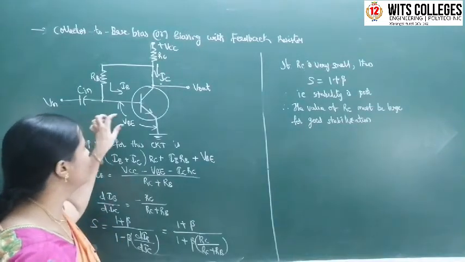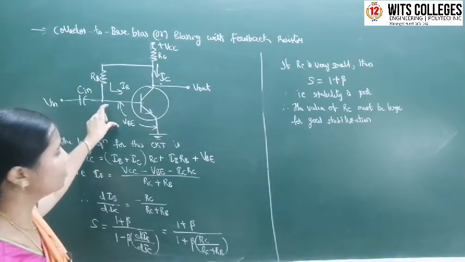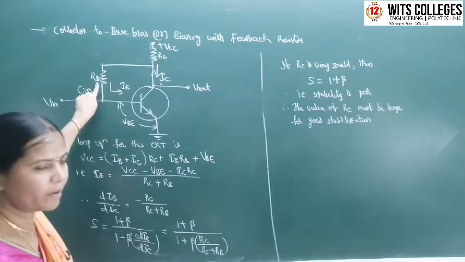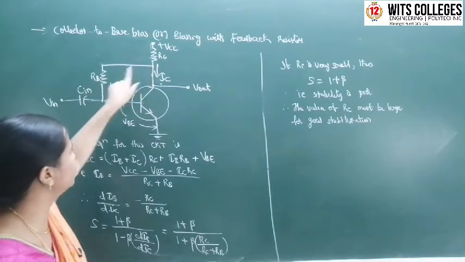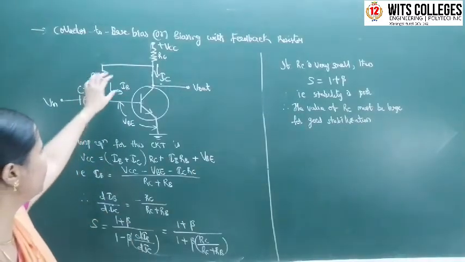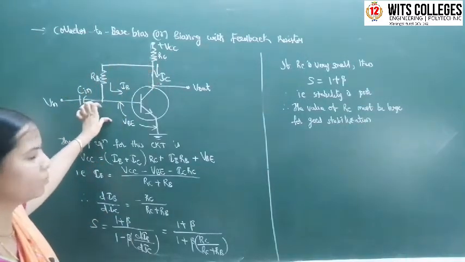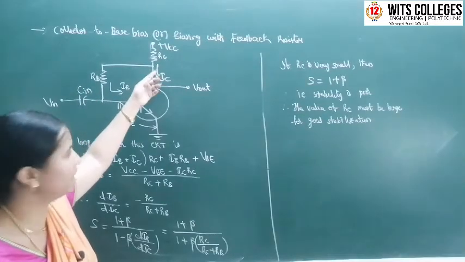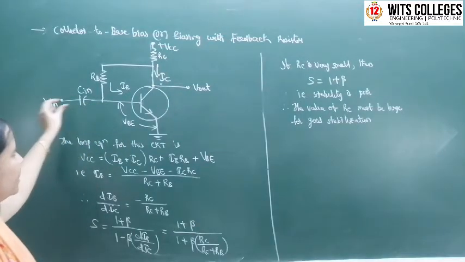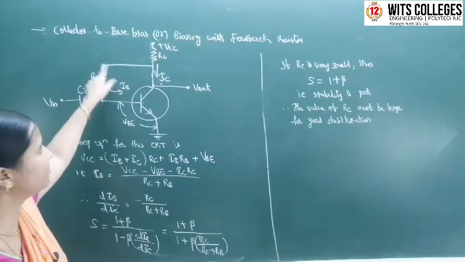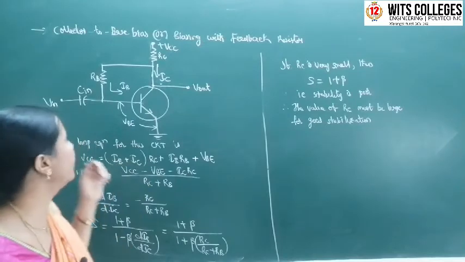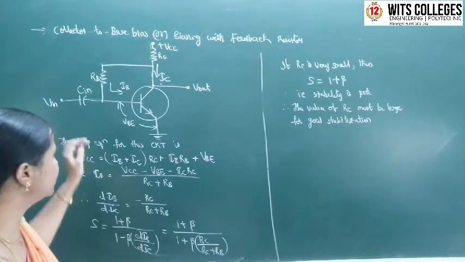So here this is the common emitter configuration, collector to base bias method. Why do we name it collector to base bias? Here we take one base resistor connected between collector and base. That's why we named it collector to base bias feedback resistor. This is one feedback resistor from output to input. The output is taken at the collector terminal, and the input voltage is given at the base terminal. It acts as a feedback resistor, so we named it biasing with feedback resistor or collector to base bias method. So this is the circuit.